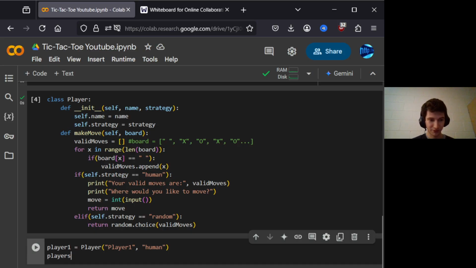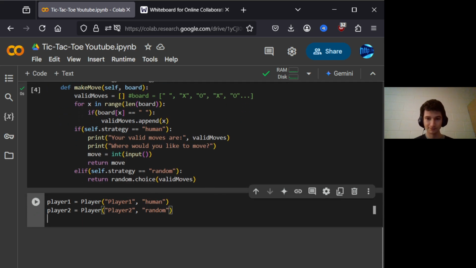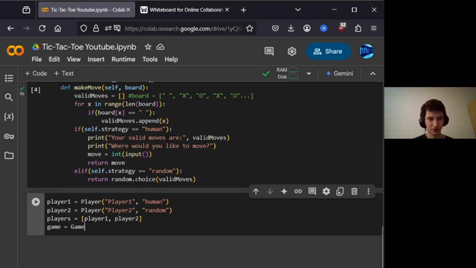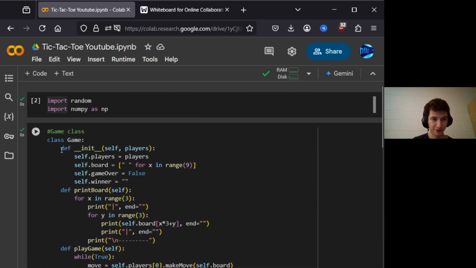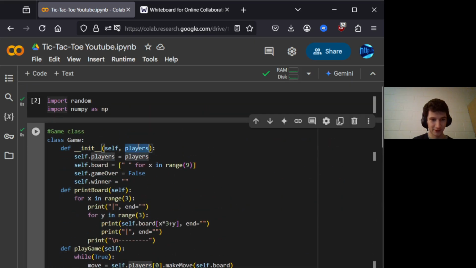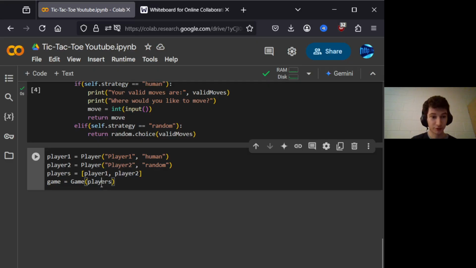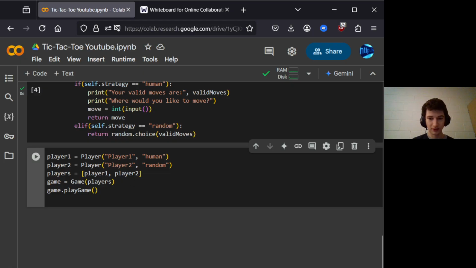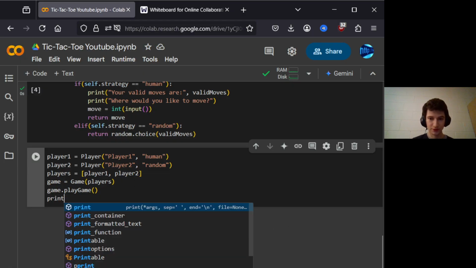I'm going to give them an opponent, player 2. They're also going to be a player, but they are going to pick random moves every time. I'm going to make a list of my players, player 1, player 2, and make a new game and pass in that list. Back up here, we are defining our game. We need to pass in the list of players. So I'm going to pass in the list of players, and then I'm going to call the function play game. And then at the end, I'm going to print,